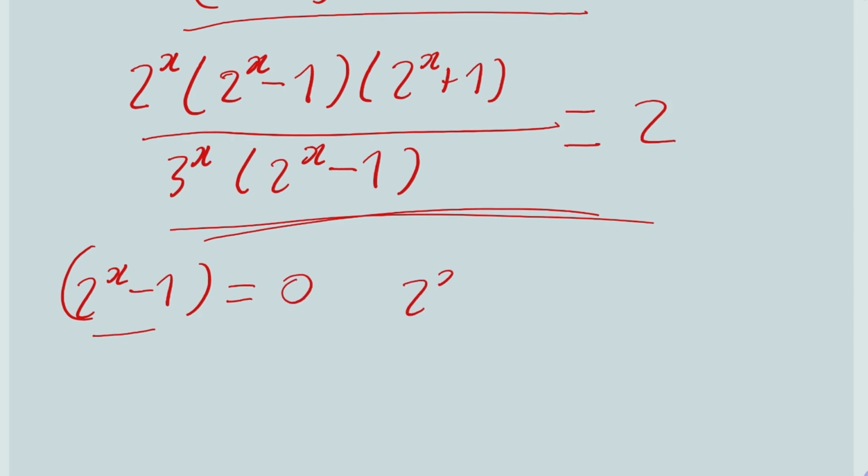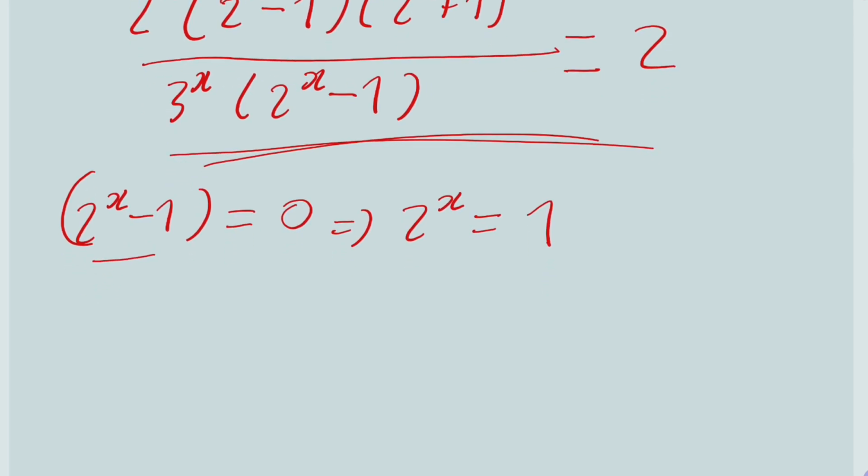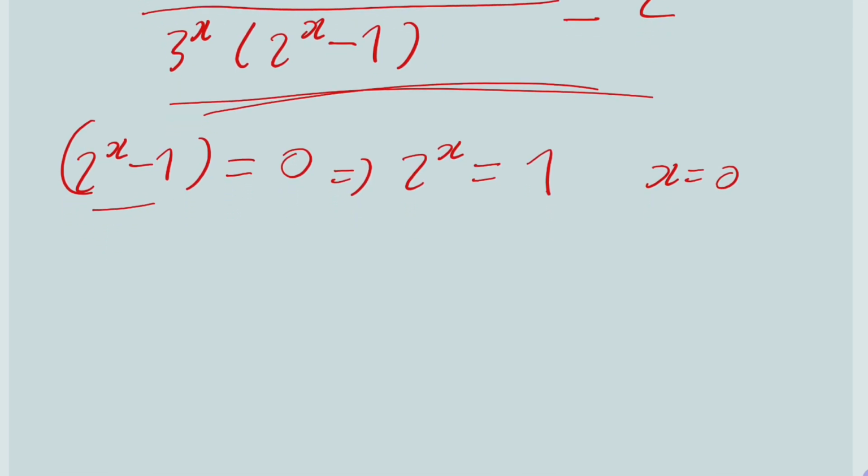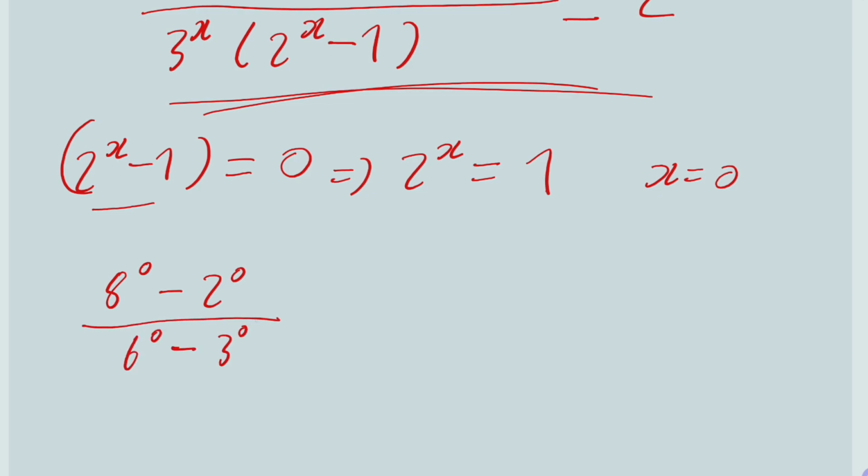This implies 2 to the power x is equal to 1. This is only true when x is equal to 0. Now we must test if x equal to 0 is a valid solution in our original equation. So let's just quickly substitute it, which gives us 8 to the power 0 minus 2 to the power 0, all divided by 6 to the power 0 minus 3 to the power 0. If you look at it, anything to the power 0 is 1, so we get 1 minus 1 divided by 1 minus 1,